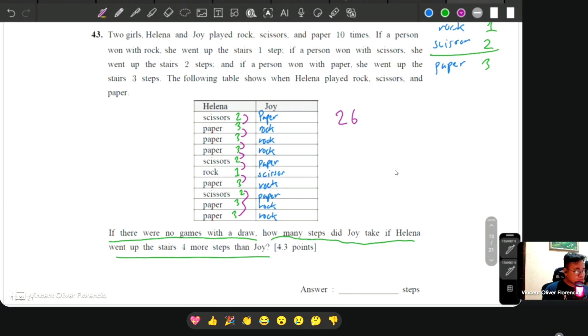But out of those 26, Helena, actually this one is only an estimation, because there's going to be something weird that's going to happen later on. If you take out 4, you will have 22. Sir, why did you take out 4? Because I reserved already 4 points for Helena. Okay, I'm considering that Helena won 4 more than Joy. Now it means we still have 11 more points for each, because 22 divided by 2 is 11. Okay, so what do you do here? Again, this one here is only an estimate.